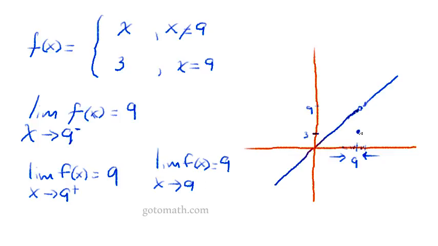Okay, now let's talk about continuity. Where is this graph not continuous? Well, I'm going to say that it's not continuous when x equals 9. There are 3 things that we must check. First off, we must check f of 9. Well, when we plug in f of 9, we get 3. This is the only defined point right here, which is 3. Second thing we must check, both these numbers